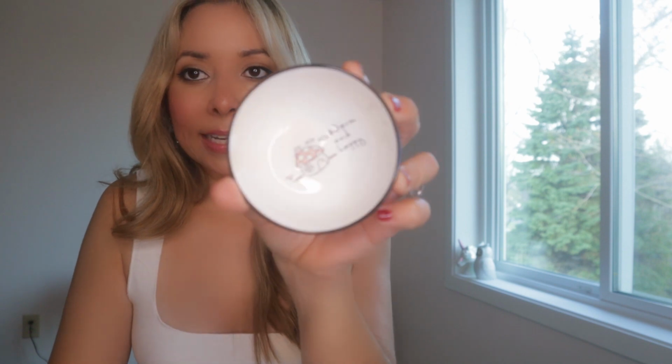So I went to an Asian grocery store, and I've never been there before, but I've always had it in the back of my mind, like, oh, I so want to go there. Anyway, so I finally decided to go, and I got these cute little plates,